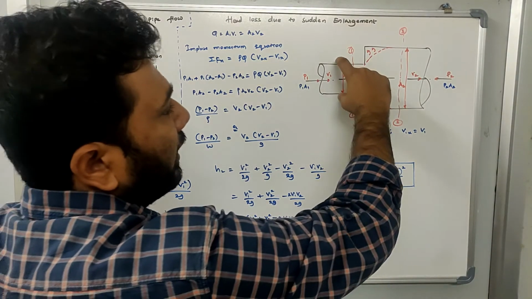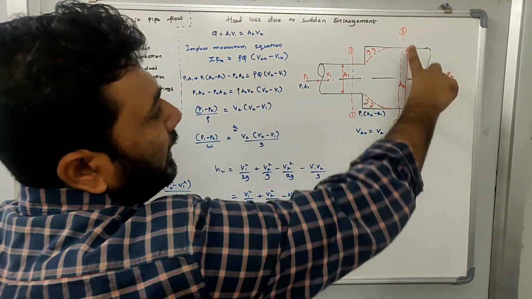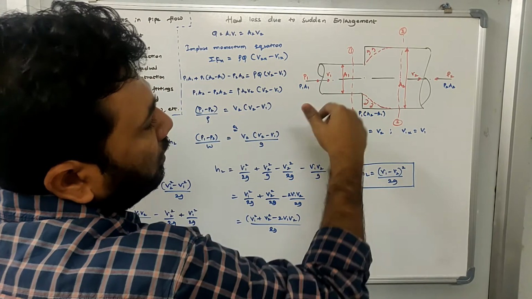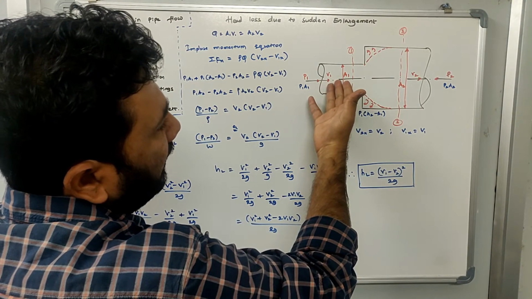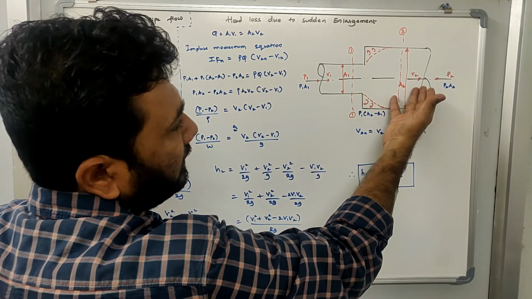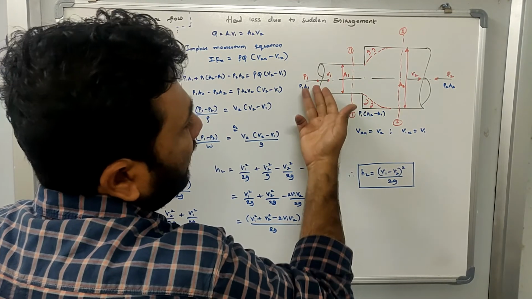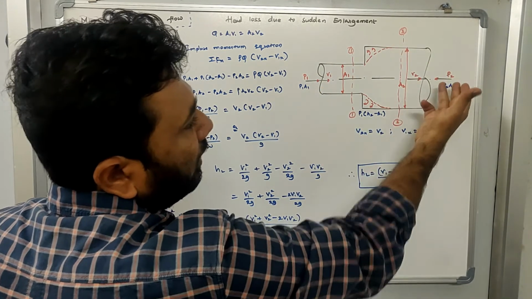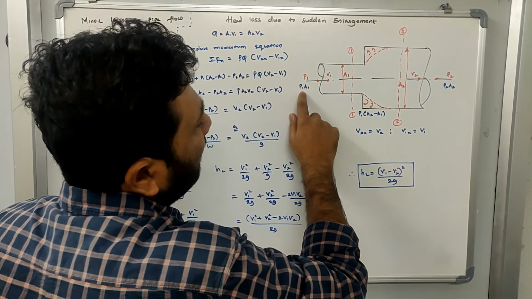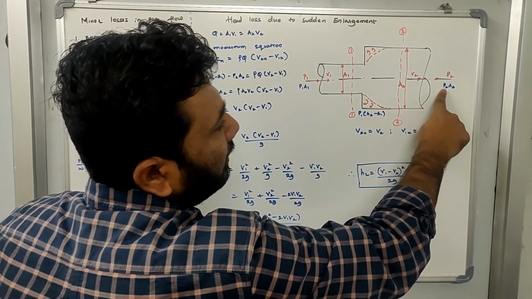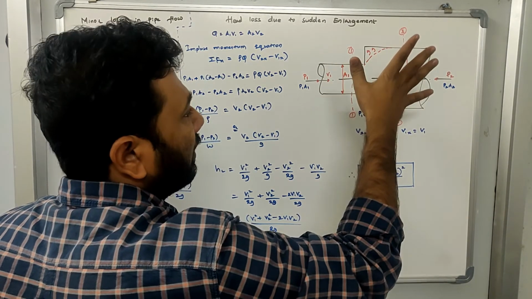This is the smaller diameter pipe, this is the larger diameter pipe. The area of this we'll call A1, the area of this I'll call A2. Similarly, the velocity at the first pipe is V1, the velocity at the second pipe is V2, the pressure at section 1 is P1, and the pressure at section 2 is P2. If I have to calculate the pressure force, I'll multiply P1 by A1 and P2 by A2. So this becomes my diagram.